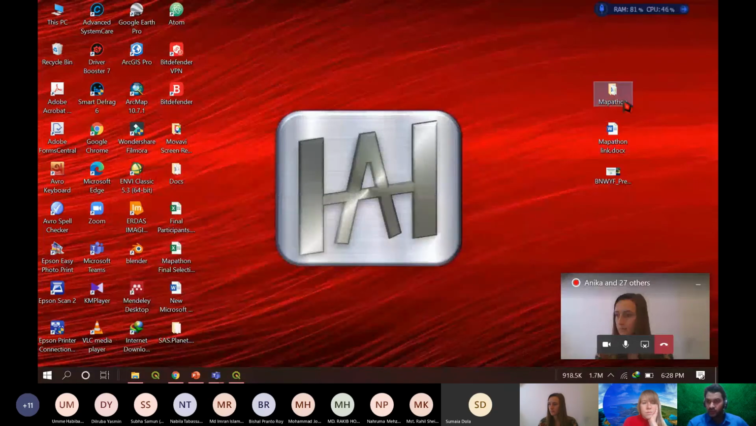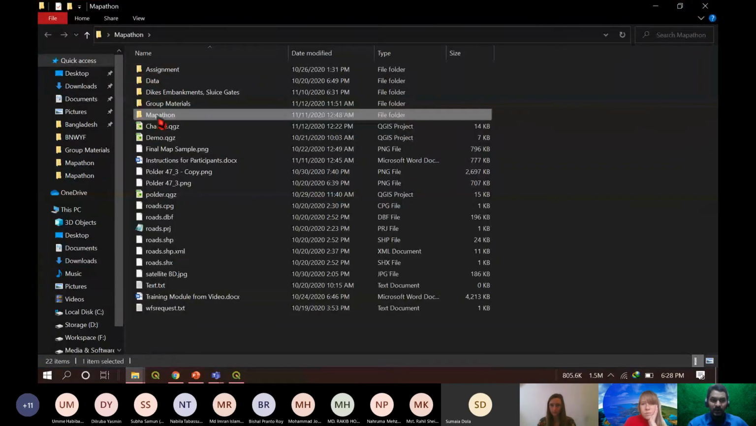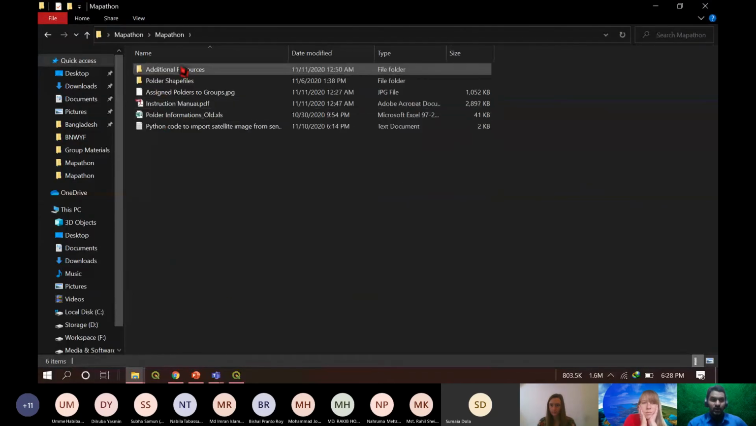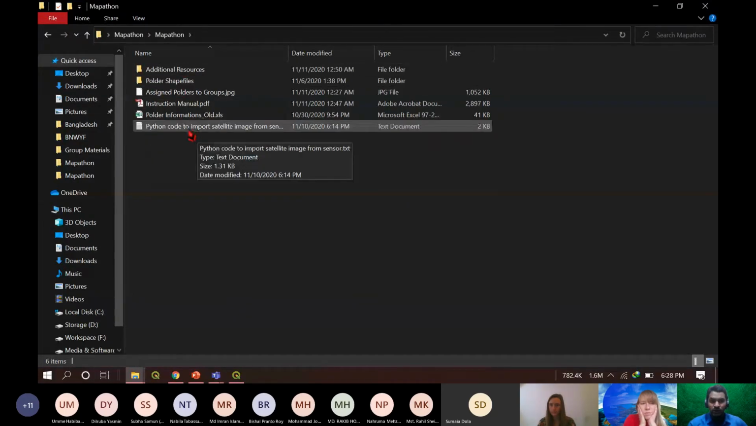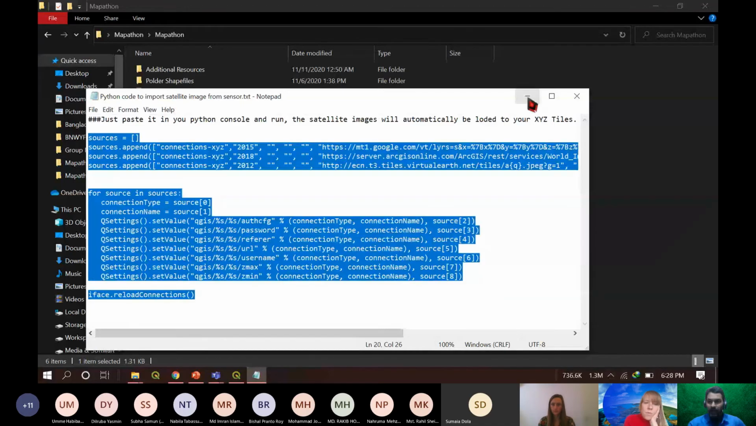You have to go to the folder that was provided to you, the Mapathon folder. There was a text file named Python code to import satellite image. Open it, and I have written a code for you. From the source to the last portion, copy this entire code, and then